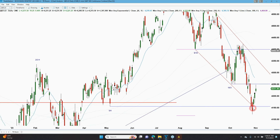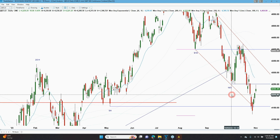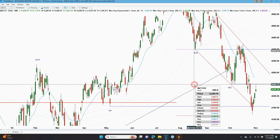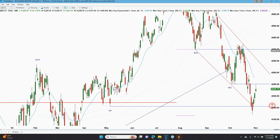You're going to be disappointed. And if you're a bull and you bought the October 3rd low and the market sold off 100 points pretty much, are you going to care about getting out exactly at your entry price? Or, if you bought here and scaled in 100 points lower, do you really care about taking a 10-point loss on your first trade if you're going to make 90 points on the second? Of course not. And that's why a lot of traders end up,